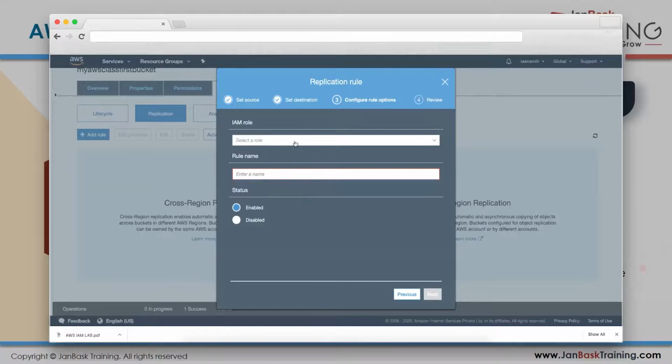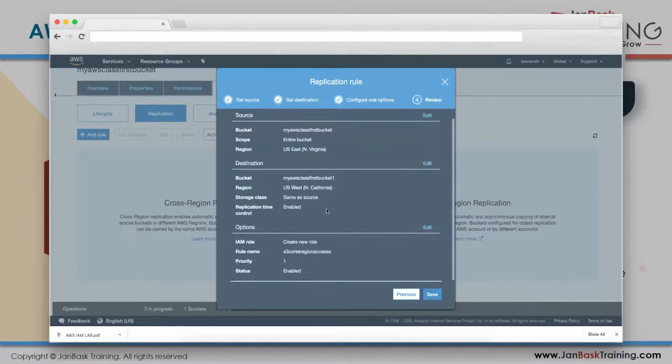Okay, so let's create a new role. Name of the role would be S3 cross region access. Okay, click next. So you created S3 cross region access. So why is this IAM role required, if you ask? So this IAM role is required because